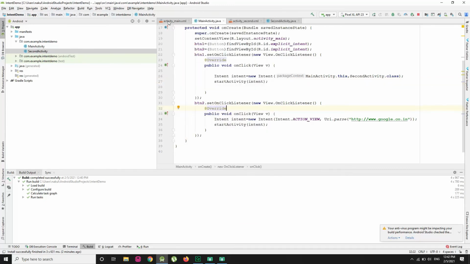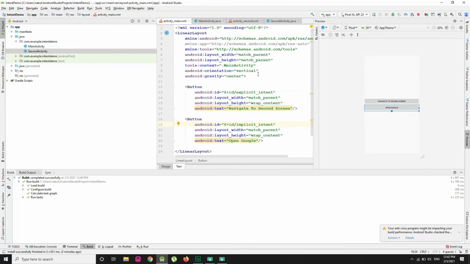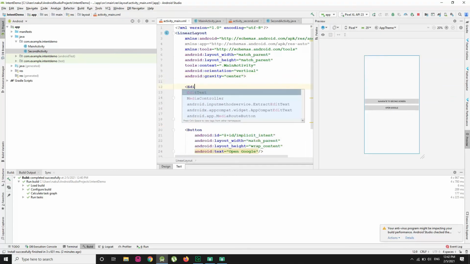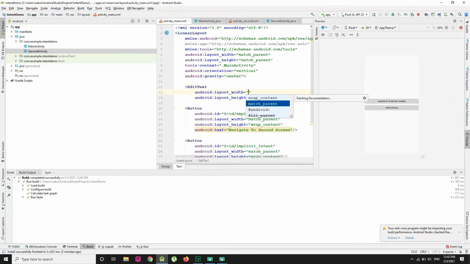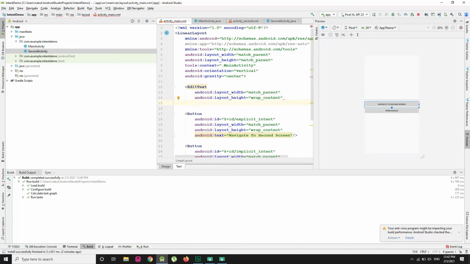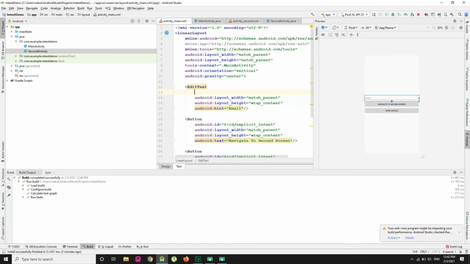So first I have to make an EditText here, with width match parent and height wrap content, then the hint will be email ID, and the ID